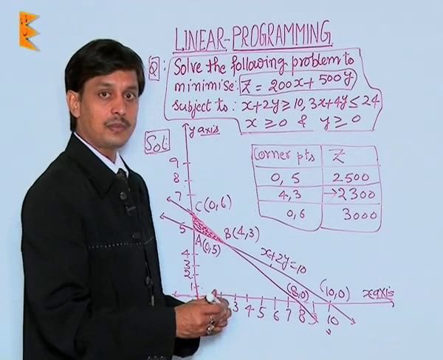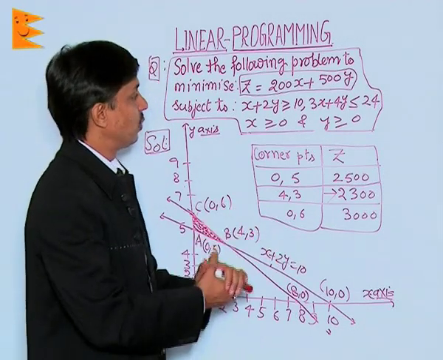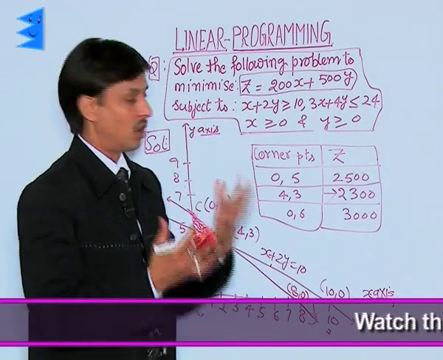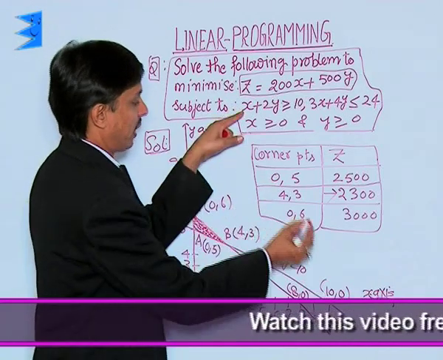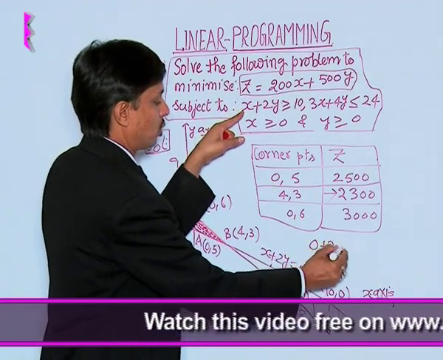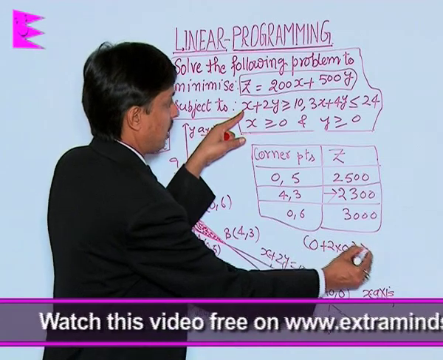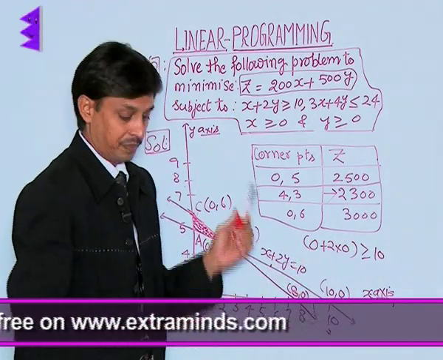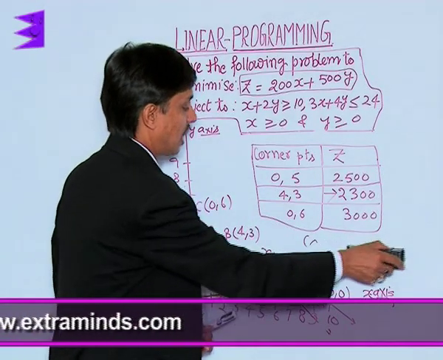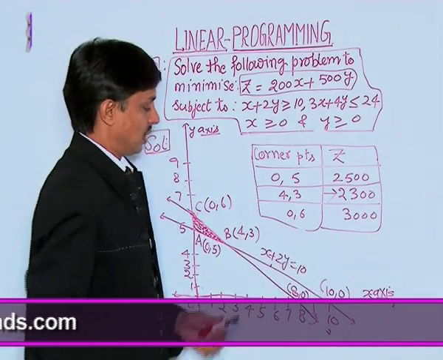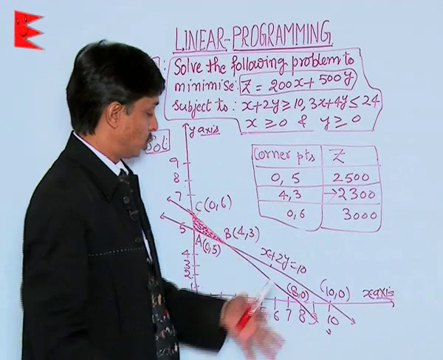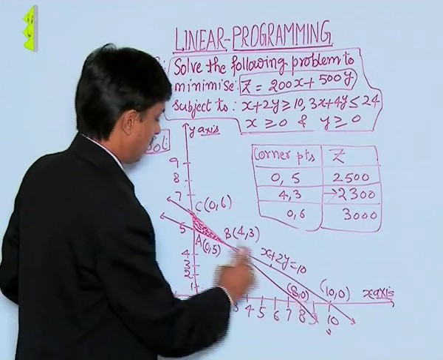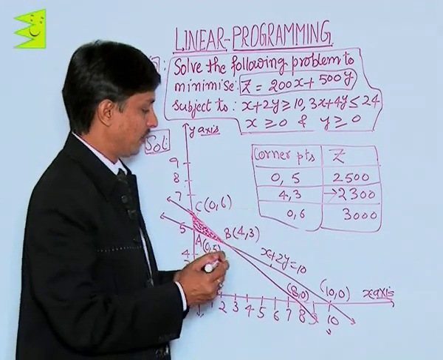We will take x as 0, y as 0 and we will get to know where the points of intersection of these axes are. And now the question is whether the origin is a part of the solution or not. So we will put x as 0 and y as 0. So 0 plus 2 into 0. Is it a true or false statement? 0 is greater than or equal to 10 is a false statement. It means that the shading zone of the line will be away from the origin. That is, this line's shade is above the origin.